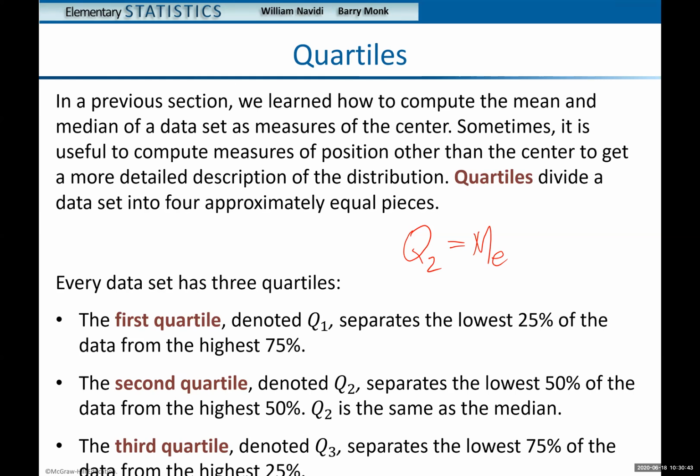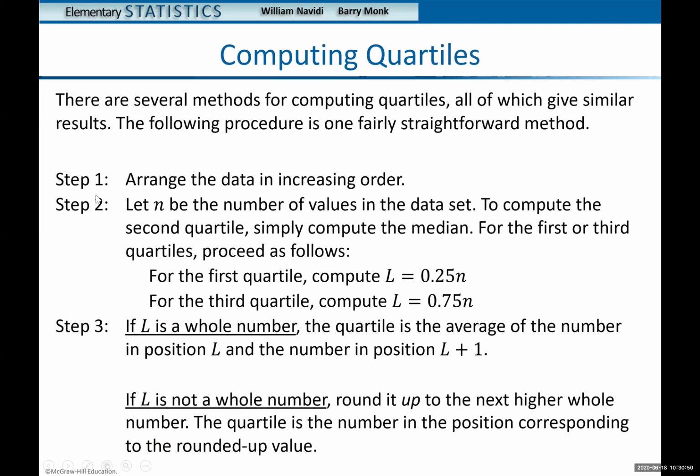That should be your first step. Arrange the data in increasing order, and then you'll be able to compute for Q1 and Q3. Actually, I don't want you to spend time using these formulas here, but we're going to use this later for percentiles. So for Q1 and median and Q3,